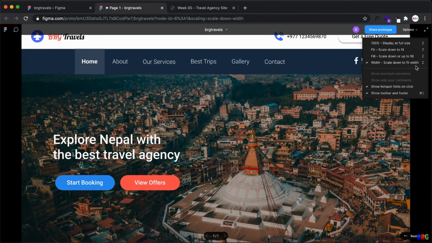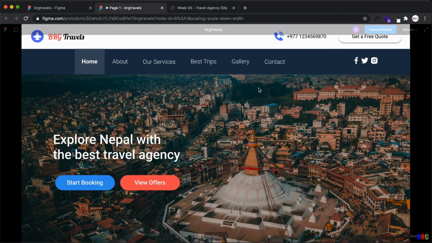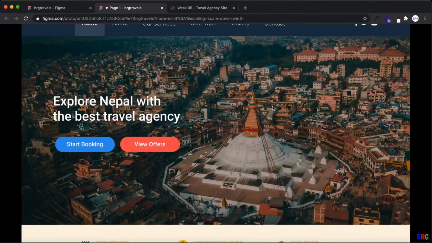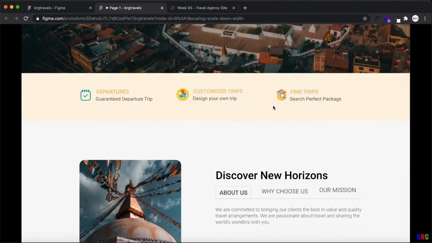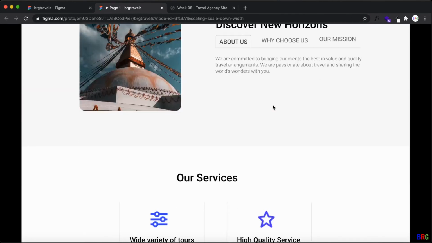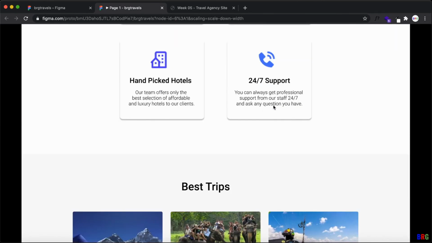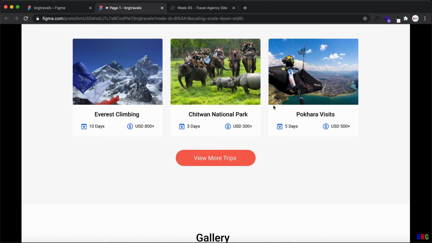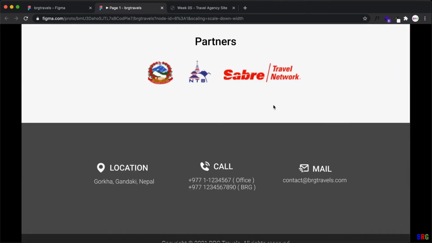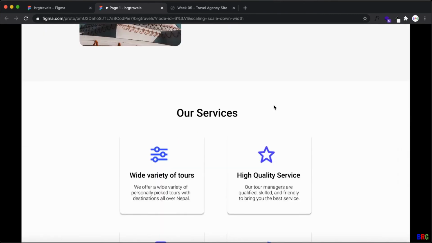I think you need to use scale down to fit to width. Now you can see our design is complete, and it's looking nice. So this way you can design the whole website.